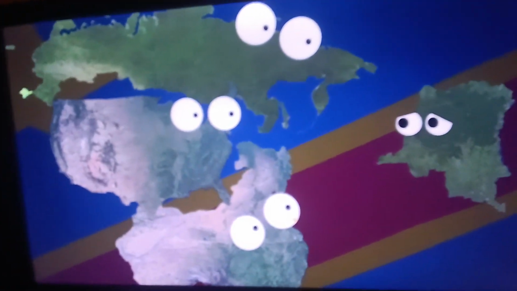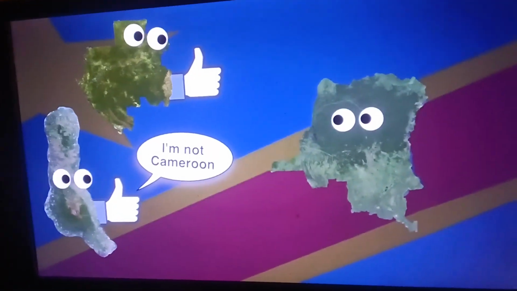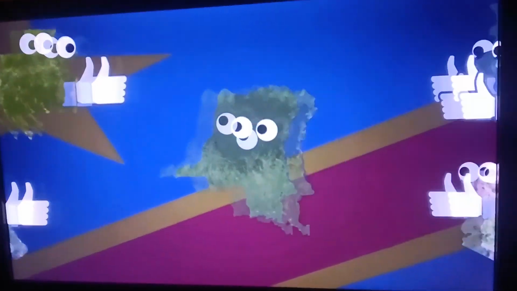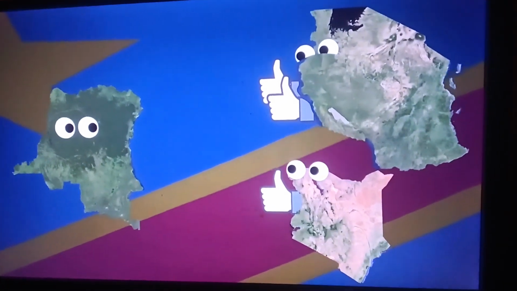Of course, because of all the minerals, major world powers have been jumping on the Congo for decades. China, Russia, and the US have all given their shot at coaxing the Congolese for investment opportunities. Cameroon and Gabon are good friends to the west, and Kenya and Africa's favorite uncle Tanzania are good friends to the east. But when it comes to their best friends, they would probably have to go back to their twin and say the Republic of Congo.